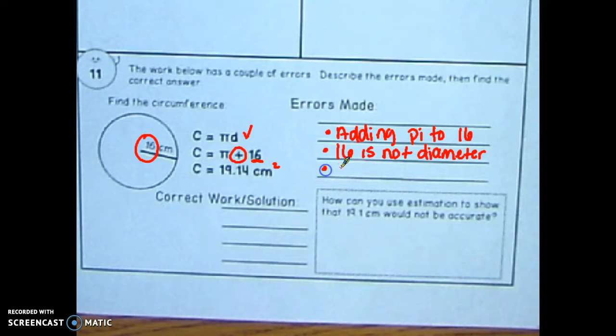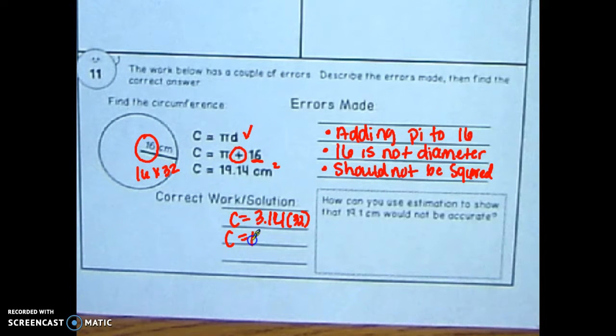It should not be squared. So the correct solution should be 16 times 2 is 32 is your diameter, which is 100.5 centimeters. You know that that's not correct because the circumference is approximately 3 times bigger than